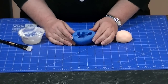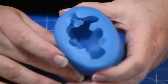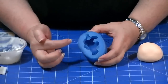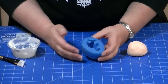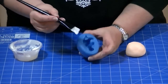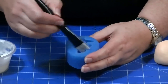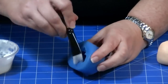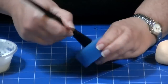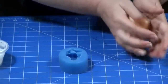Okay, so one of my favourite moulds that I've used quite a few times is this little baby mould. Now it's really deep, it's really detailed, but it can be quite difficult to get all that detail and then remove it. So this is the way I do it that I find works really well. So I just get in here with some shortening, get into all the little crevices, nooks and crannies. This is just to stop your gum paste from sticking. So make sure you get every little bit, and then you just come along with your gum paste